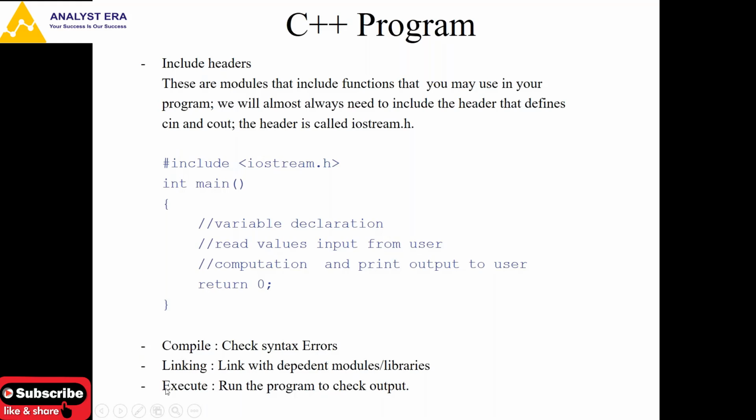And the next one is execute. Once compilation and linking is done, we'll get an executable file, like .exe. We can run that file and provide input, or whatever we ask for in the main function, and then finally it will show the output however we printed it in the main function. So this complete main function is executed by the executable: it asks for input, whatever computation we have done is executed, and then it prints the output. So this is just the basic idea.